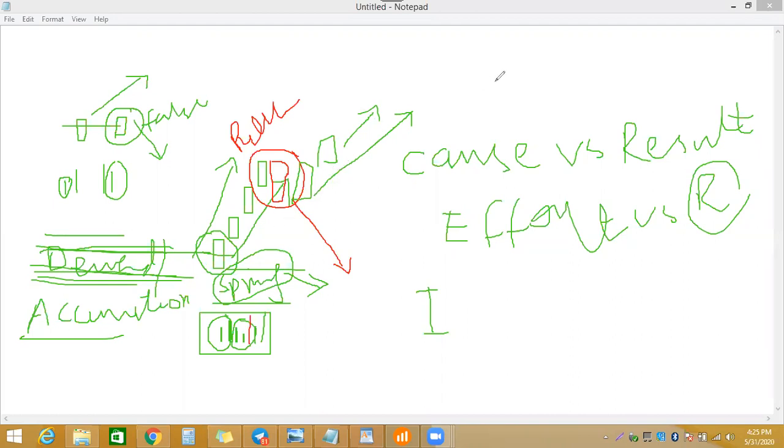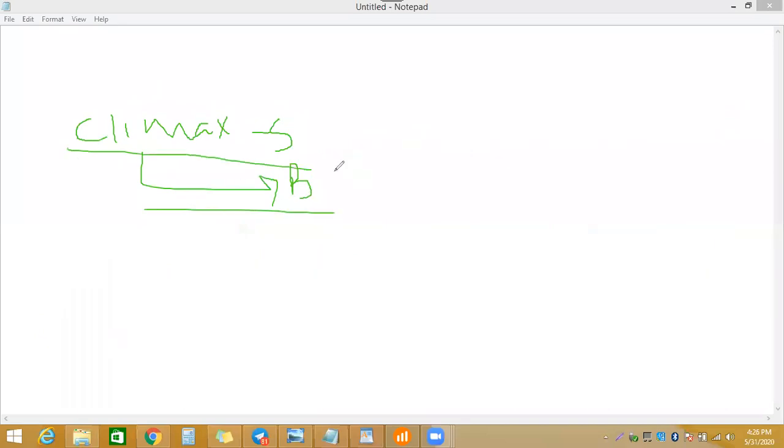I'm going to teach you those concepts. Those concepts are climax: climax in the selling and climax in the buying. So how can we understand the climax? Climax is the rapid growth in the price and the volume, and those volume bars and price bars validate each other.